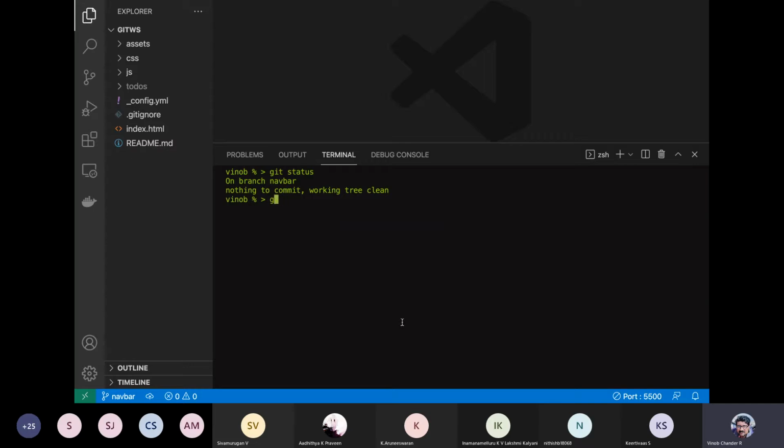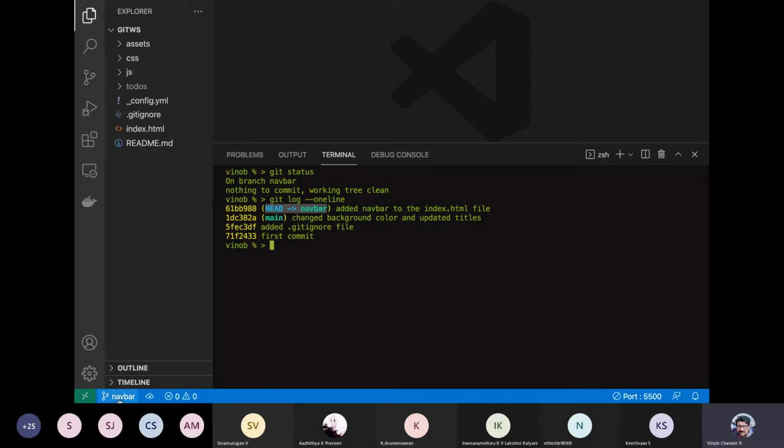We can see the logs, git log, one line. See here, we have added navbar to the index.html file. And where are we? See here, we are in the navbar. It also shows you that main, right? But our head is pointing to the branch navbar. Okay, this commit message is in the main, right?